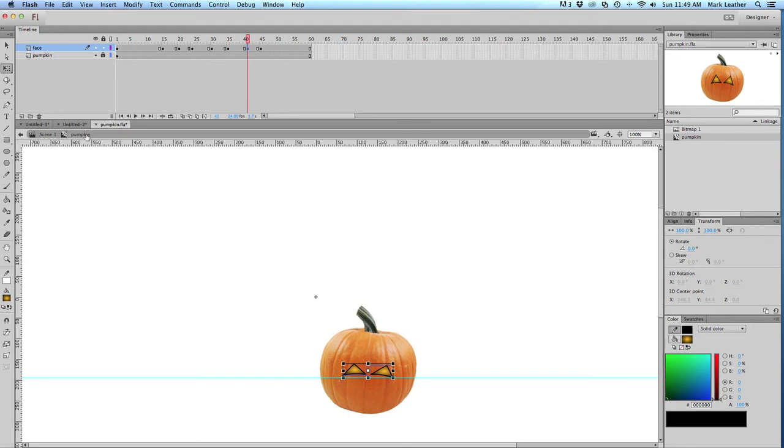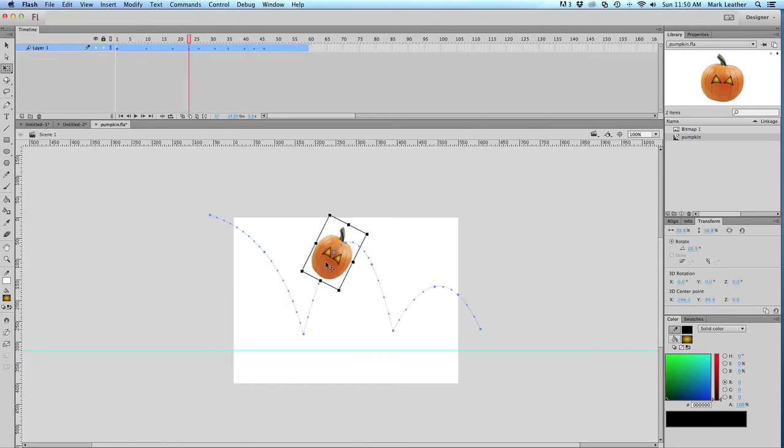So here I am into the timeline, I'm into the pumpkin movie clip right here, and I've got the pumpkin movie clip eyes opening and closing, okay? And then of course I've had to drag that pumpkin movie clip into the scene, and then I use that movie clip in the scene. Let's talk about a couple of